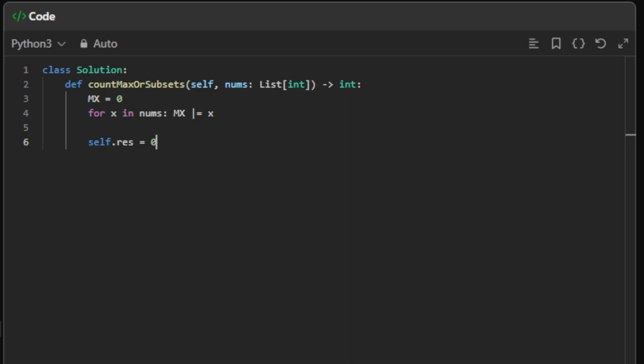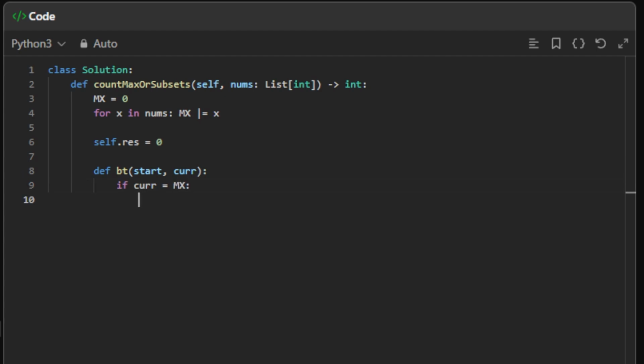So this is initially 0, and we will call our function bt for backtracking, and this has two arguments, start and current. And our base case is if current equals our target, meaning maximum, we add 1 to the result. So self.res plus equal 1. Now, for every index in range from start to length nums,